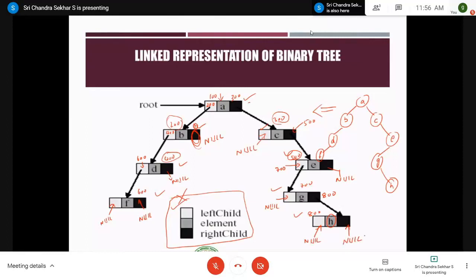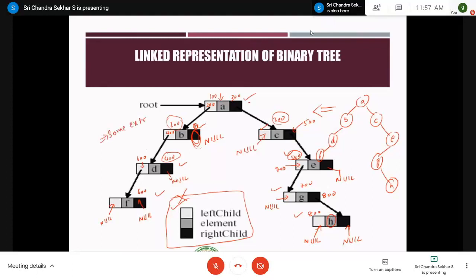There is no wastage of memory, right? Why? Because there is no concept of storing the unavailable nodes. For example, if you take B, it doesn't have any right child. Therefore, we are not creating any node for B as the right child. If you are not creating any node, then there is no wastage of space. But as I told in the linked list, you need some extra space.